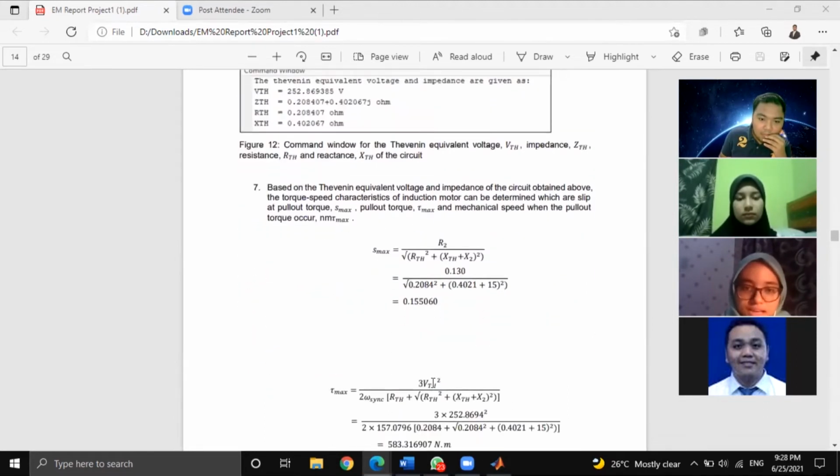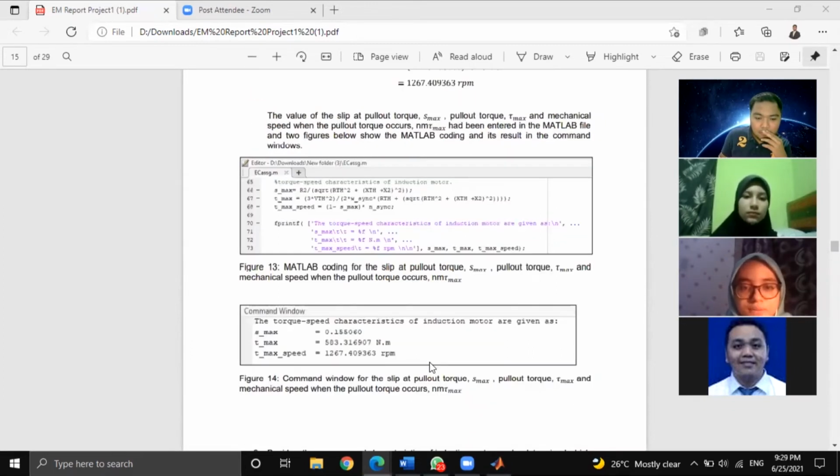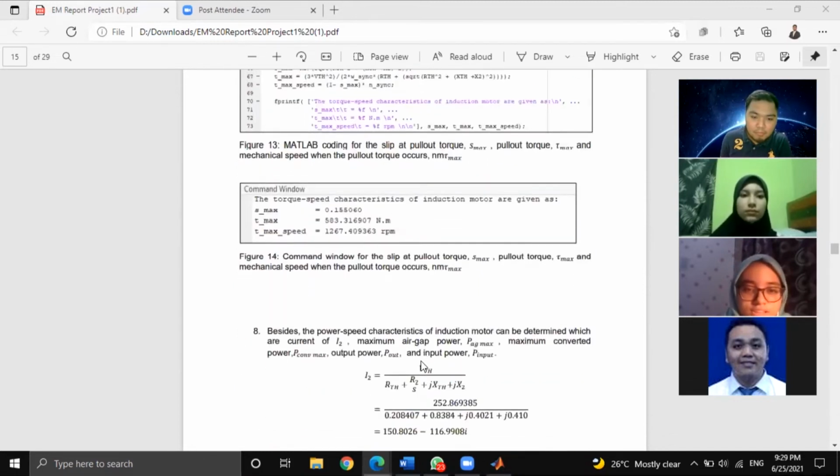Okay, next step. Based on the Thevenin equivalent voltage and impedance circuit, we can find the torque speed characteristics. So we need to determine the slip at pull-out torque, s at max, the pull-out torque max, and the mechanical speed when the pull-out torque occurs, Nm at torque max. Figure 13 shows the MATLAB coding for the slip at pull-out torque and the mechanical speed when the pull-out torque occurs. Figure 14 shows the command window for these